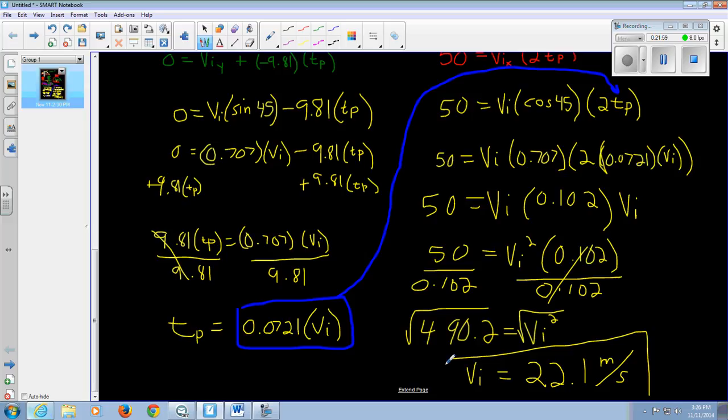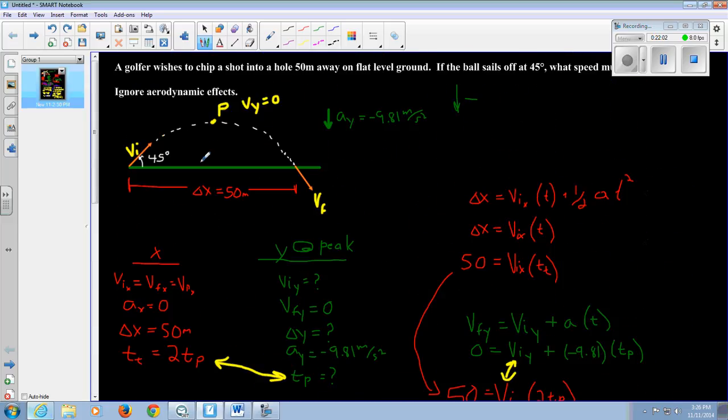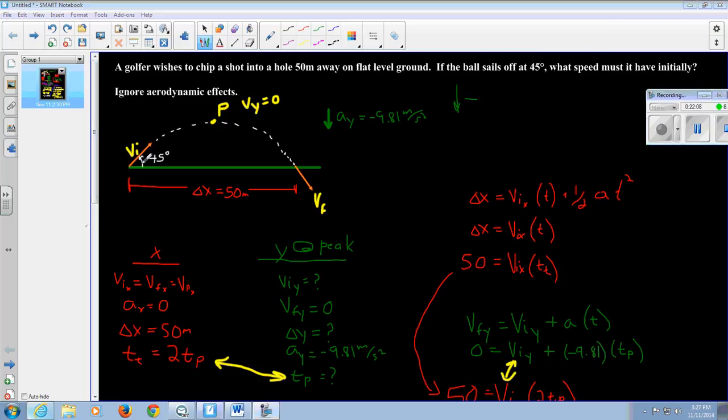And that is our final answer for the initial velocity, the initial speed that this ball must have in order to reach